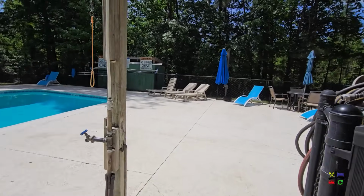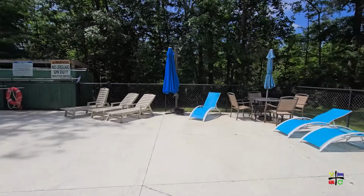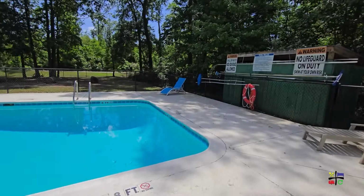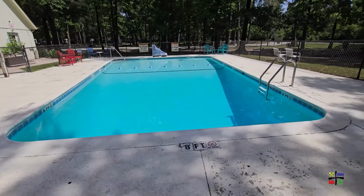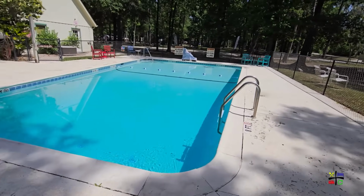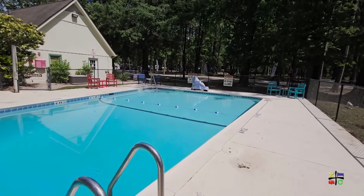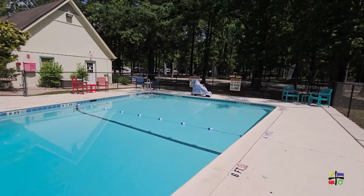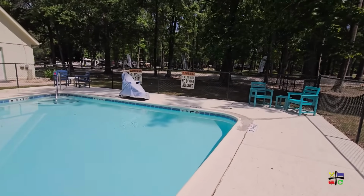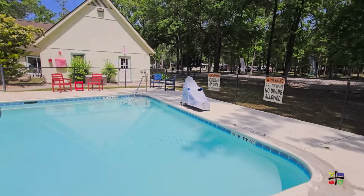This is the morning after the tour, and the pool area is empty, so I get to come in here and show you guys. As you can see, it does go up to 8 feet, which is pretty deep, and I think it starts at 3 or 2, I'm not sure. Let's come over here and see. 3.5. But ample seating